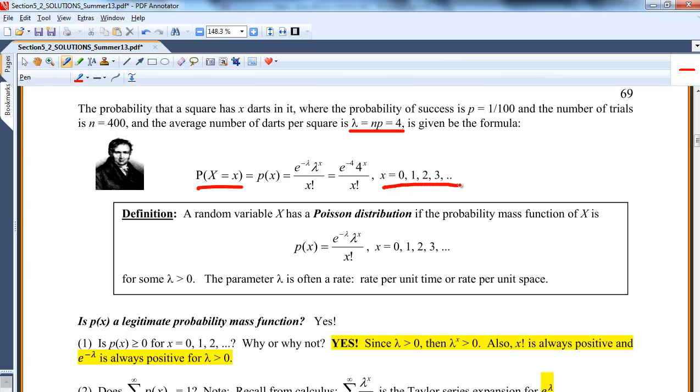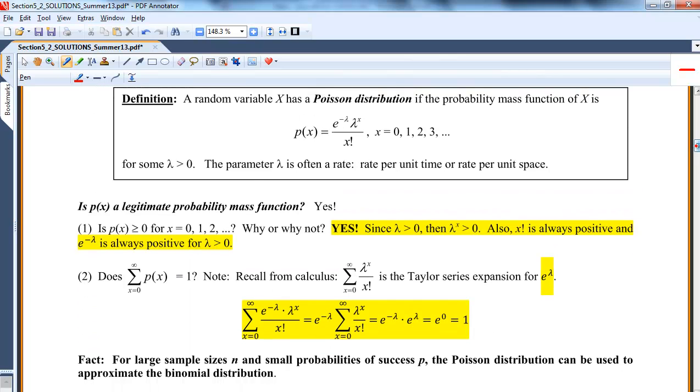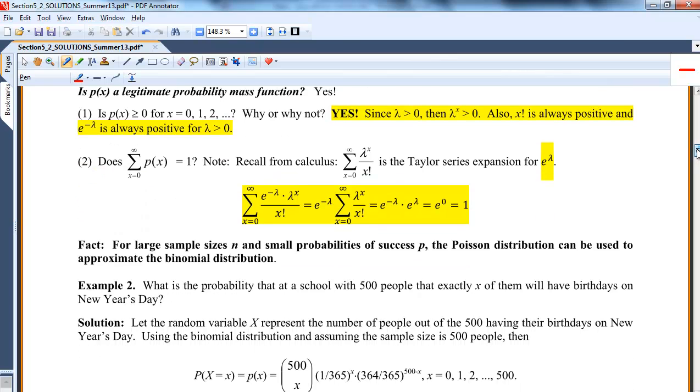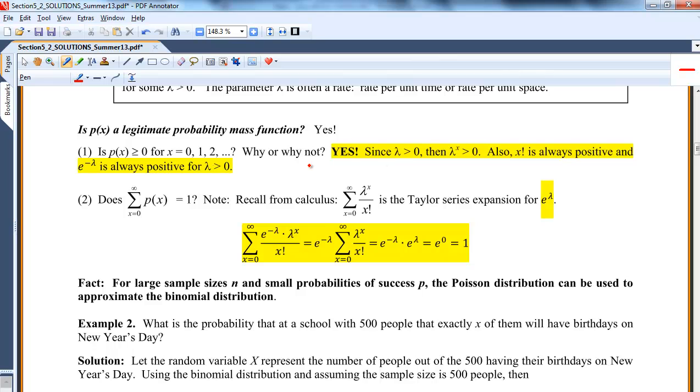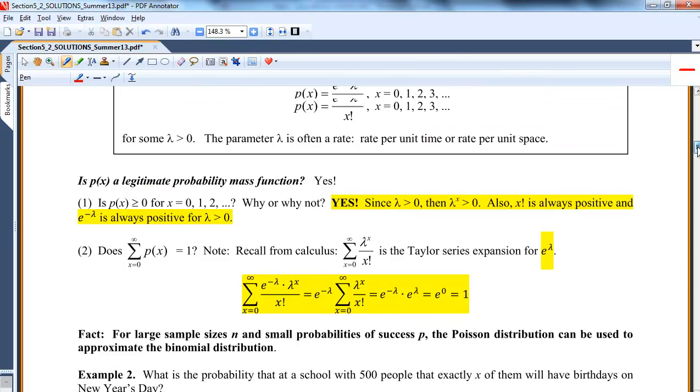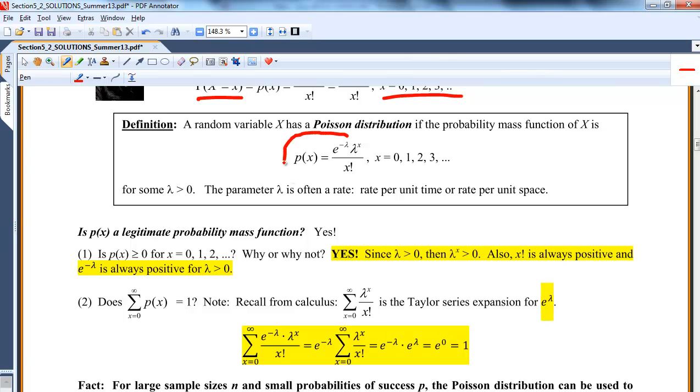It goes from 0 to infinity. Sometimes that's not realistic because we only threw 400 darts, but we need it to be valid, so it needs to go to infinity. Even after the first several, if you expect 4 hits, once you get to 100 there's almost zero probability. So I feel like I'm already getting long on this one, but there's officially the probability function for a Poisson. All I'm showing you right here is that the function is legal, and I hope you remember what it means to be legal. It has to sum to 1, and it has to be positive.